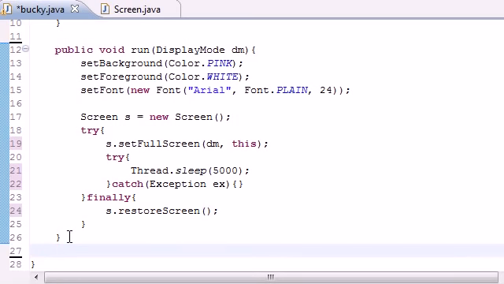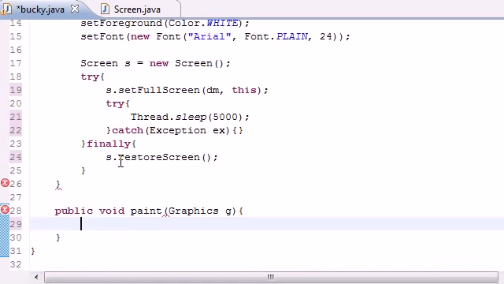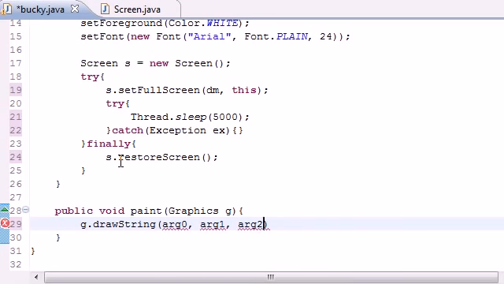So I only got 3 minutes left, so let me hurry up and write my last method, and that is going to be right here. Public void paint, and its parameter Graphics g. And for here, let's go ahead, g dot drawString, and 3 parameters. First, what do you want the string to say? This is gonna be awesome. And 2 more are positioning, and we'll put it 200 and 200, so it'll appear somewhere in the middle of the screen. And now what we need to do is end that,